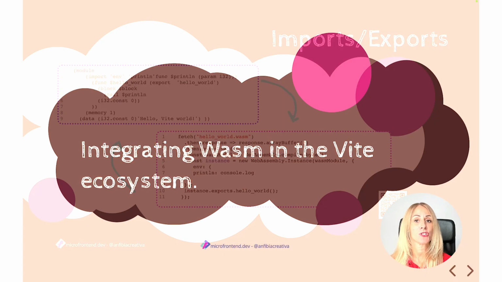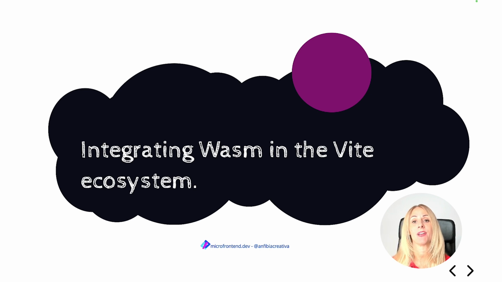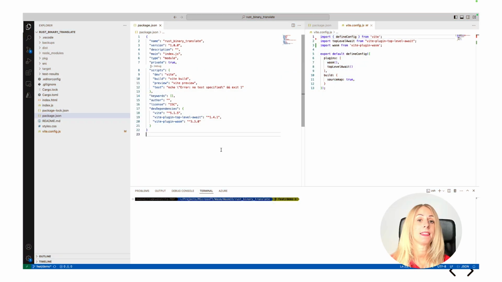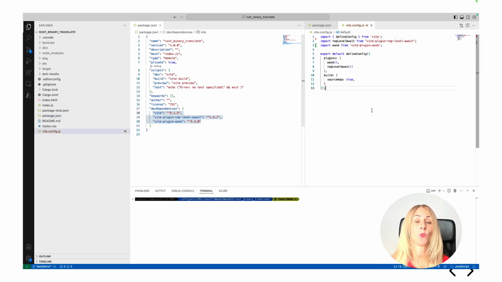I'm going to start by showing you some of the tools we have available to work with WebAssembly in the Vite ecosystem. The Vite plugin WebAssembly helps us easily bundle WebAssembly modules as static assets, so we can then asynchronously import them at runtime.